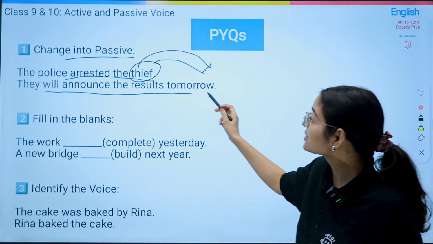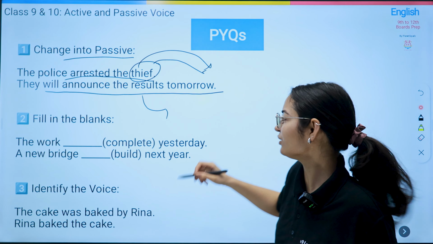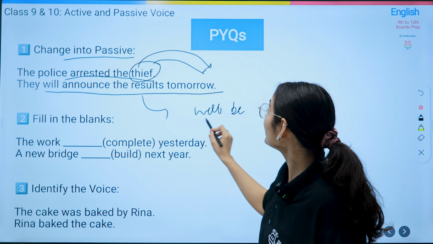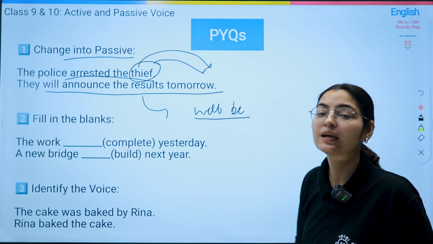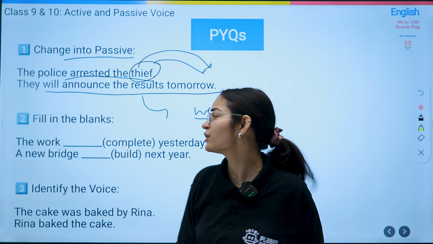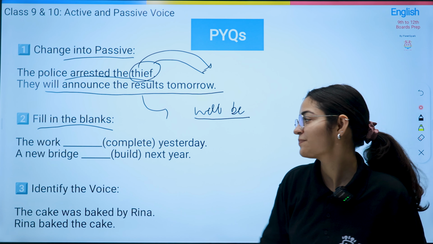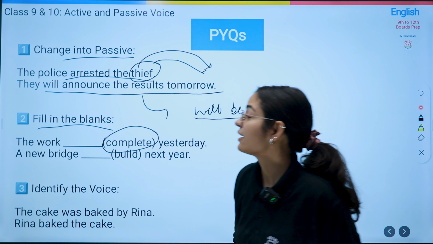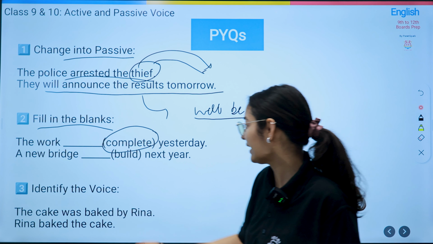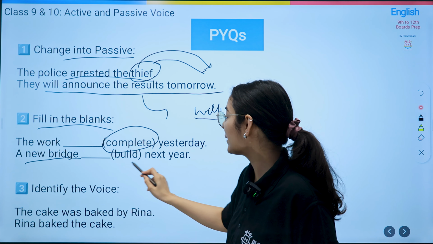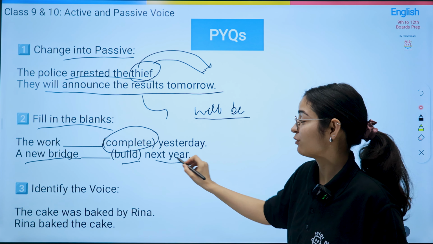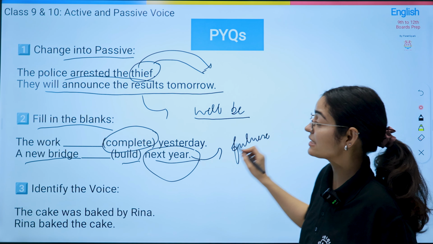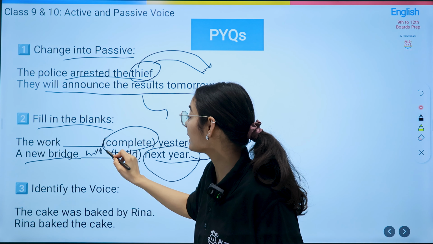They will announce the results tomorrow. Do you remember the structure that I said? The results will be announced by them tomorrow. Now, the second type of questions that you frequently get to see in your exams is fill in the blanks. The work dash yesterday, and the verb here is complete. The work was completed yesterday, right? A new bridge dash next year. When you're talking about next year, of course the answer would be in future, right? So it is a new bridge will be built